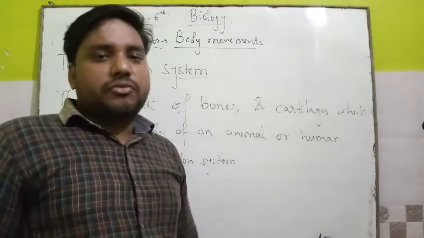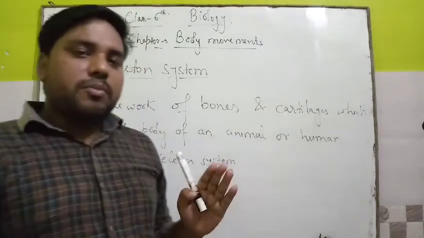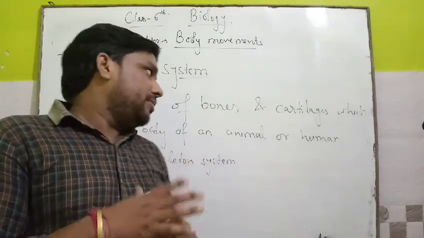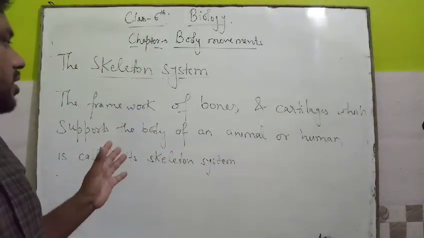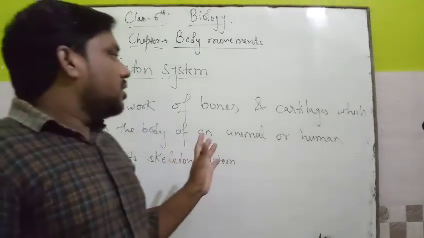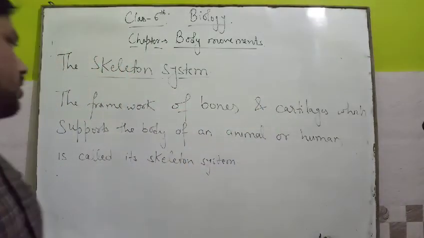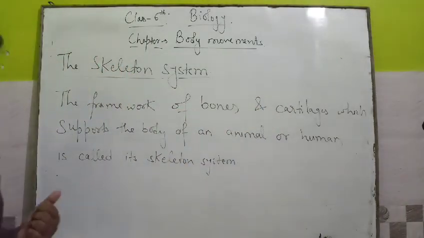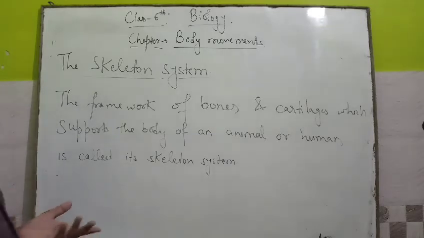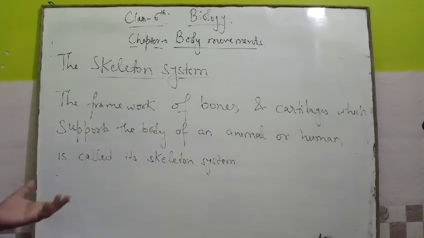skeletal system. Means the framework, the framework on which the whole body depends, okay? Means that the body depends on that framework which is made by the help of bones and cartilages. Okay, clear? That is known as skeletal system. Clear? The skeletal system body, as you know, is made up of bones, and you know that there are a number of bones in your body, in an adult body, that is 206 bones. Okay, bones are hard, cartilage is soft and elastic.